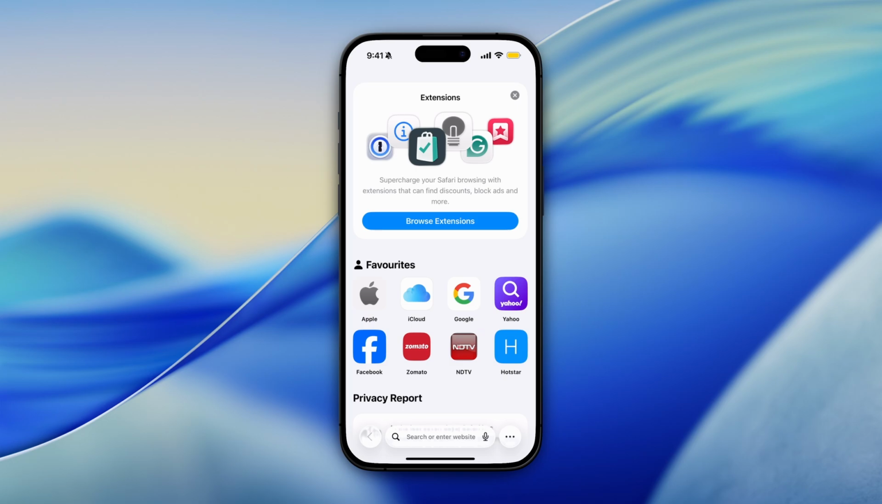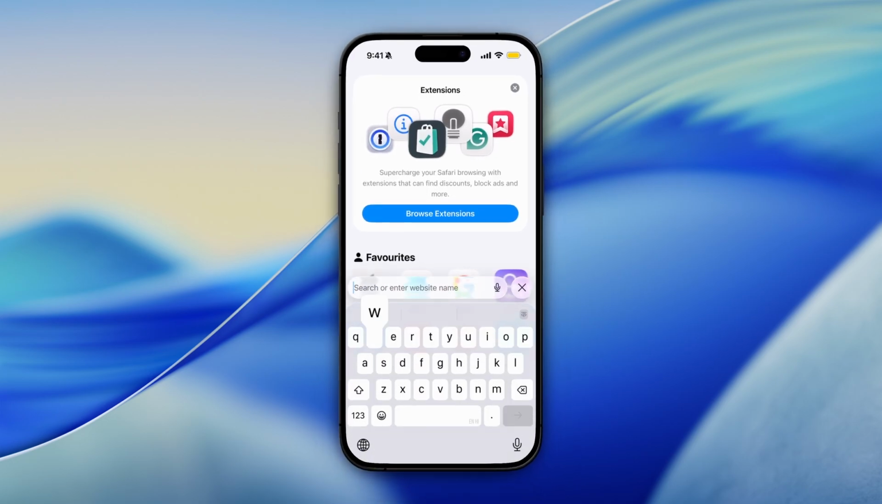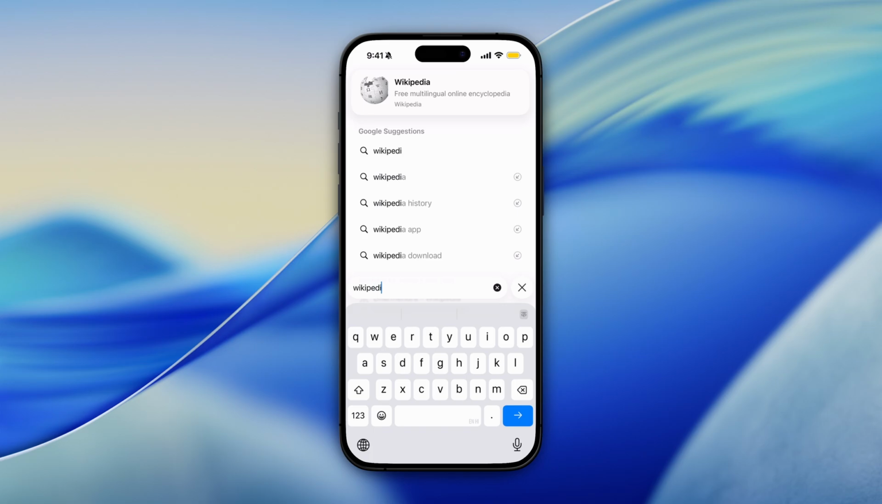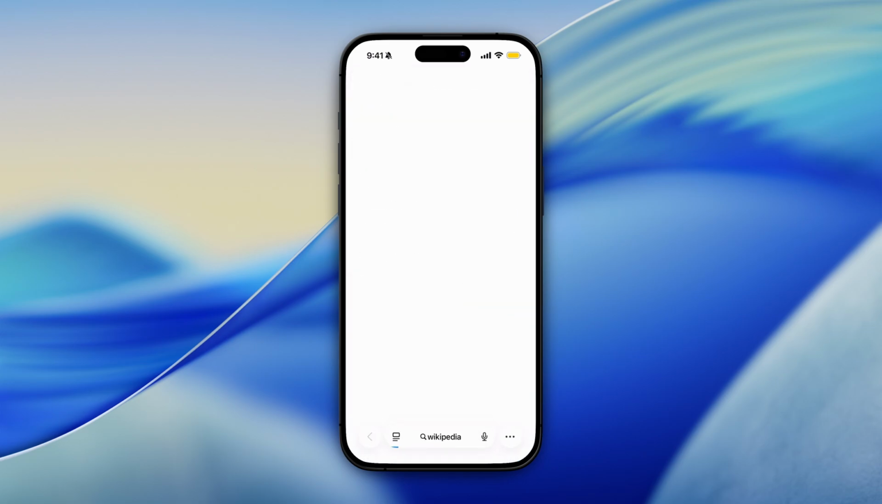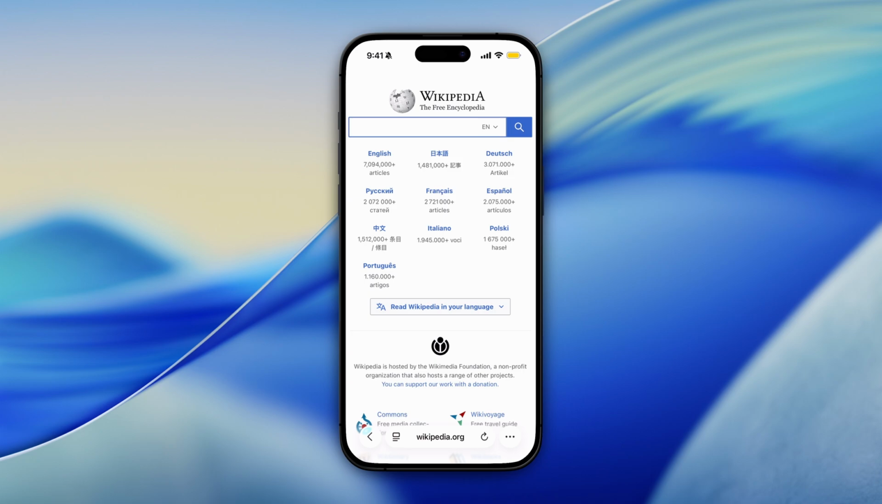Now, navigate to any website you want to translate. I'll visit Wikipedia as an example by typing it in the search bar and tapping Go. Once the website loads completely,